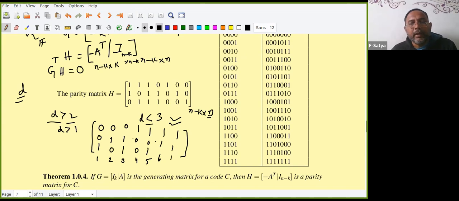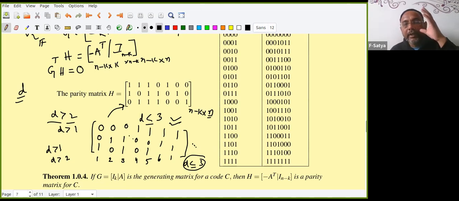You can check. Now you can easily see that these are all non-zero. You can easily check that d is greater than 1, and d greater than 2 can come directly. D less than or equal to 3 also comes because all non-zero vectors are there. If I add any 2, I'll get another one, right? So d less than or equal to 3 comes from that. And that is exactly the Hamming code. Okay, so this is the parity check matrix. Now from this you can convert it into the standard form, then convert it into the generator matrix, and you can do whatever. So this is the best way.